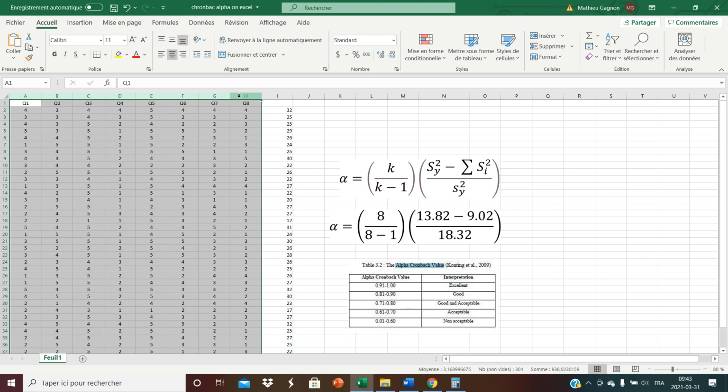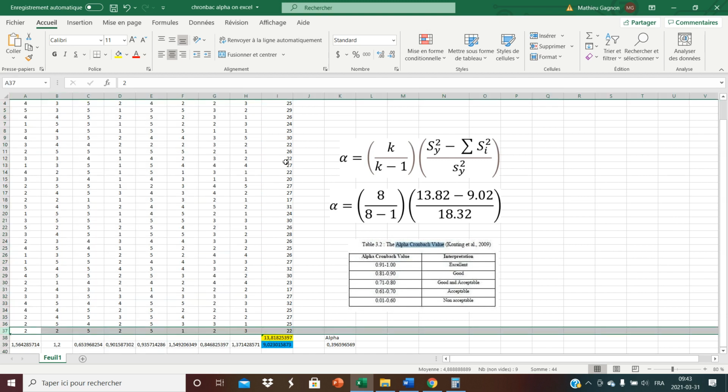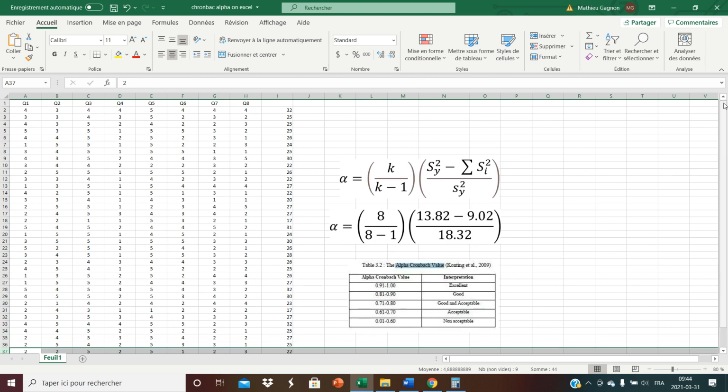All right, so I have some imaginary data here. Let's say my measure had 8 items. And let's say I had 37 people fill out this measure. Right, 37 people, 8 items. I'm not expecting you to get 37 people, by the way. Let's just say the more people you get, the better. Okay? But I'm not expecting 37. I'm expecting what's reasonable for you, given the time constraints and the people you know, and that's all.